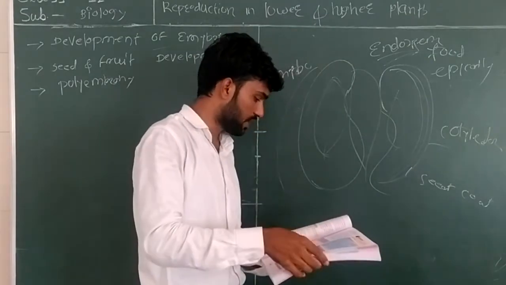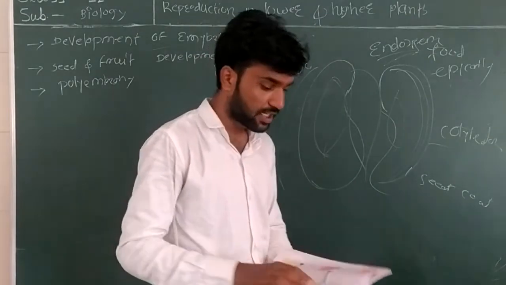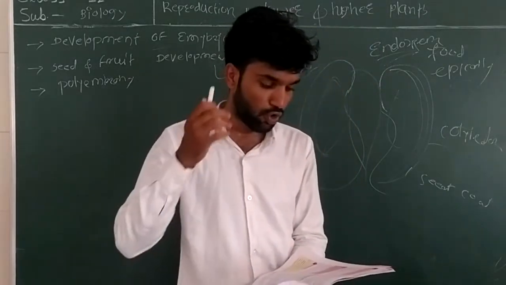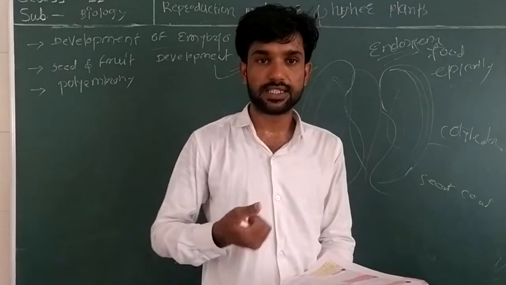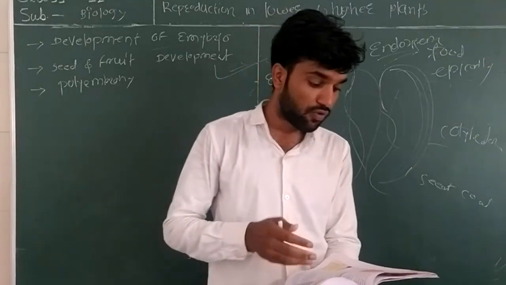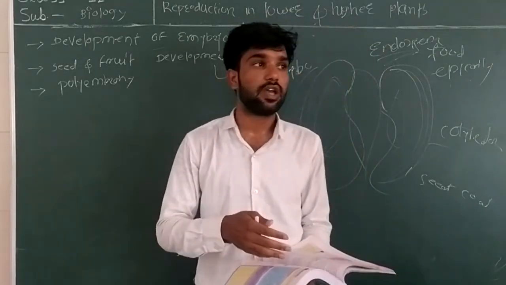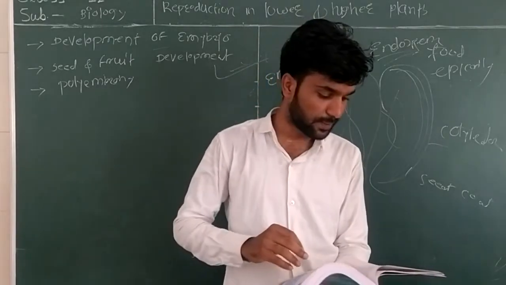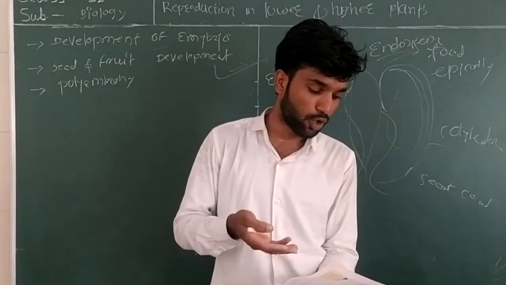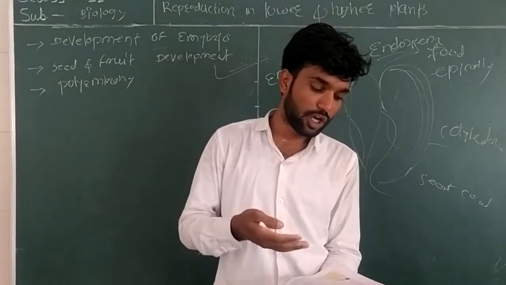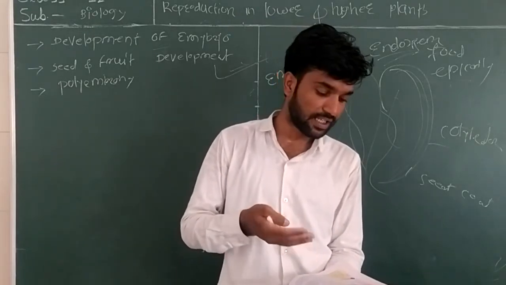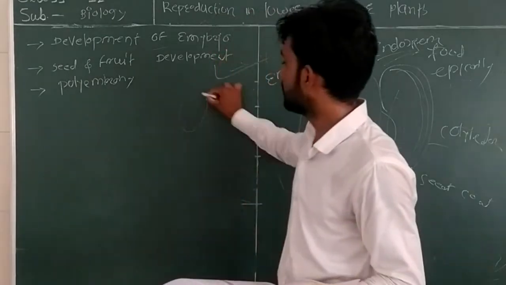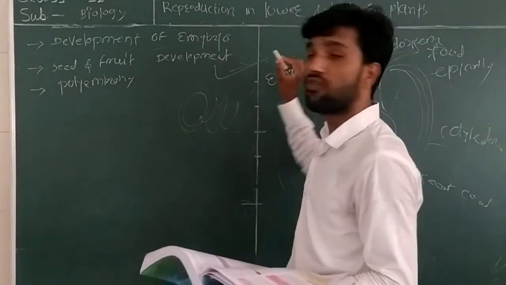There are some characteristics of fruit and seed development. Fruits provide nourishment to the developing seeds and protect the seed in immature conditions, till the mature conditions. Seeds serve as important propagating units. Seeds and fruit develop special devices for dispersal and thus help in distribution of the species, so that new plants are formed.